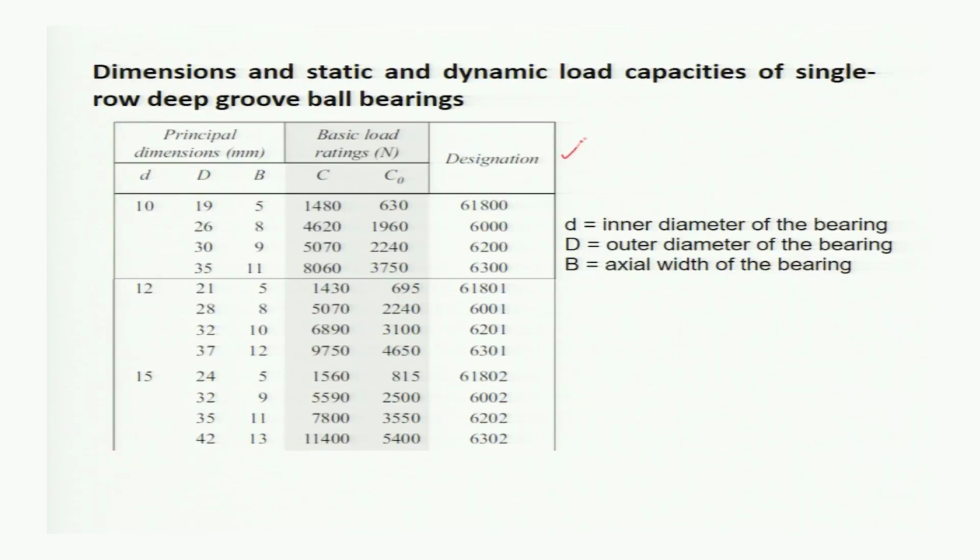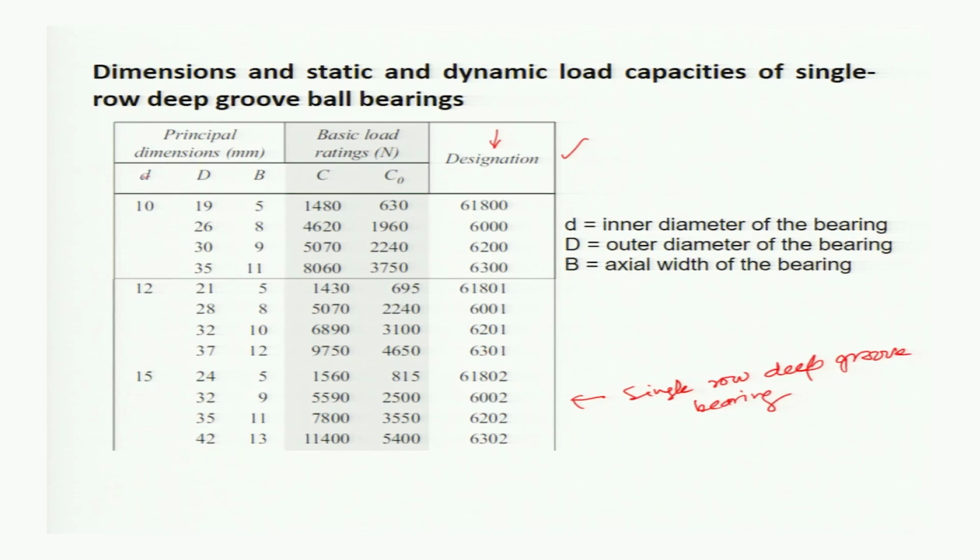In the manufacturer's catalog, you will see this type of table corresponding to different types of bearings, and in this table you may see that the bearing designation starts with 6. It means this is related to the single row deep groove bearing. Okay. So, this table is for single row deep groove bearing,